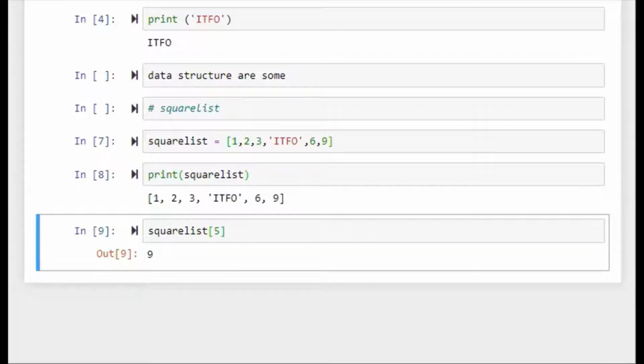Next, we can discuss the data structure further.